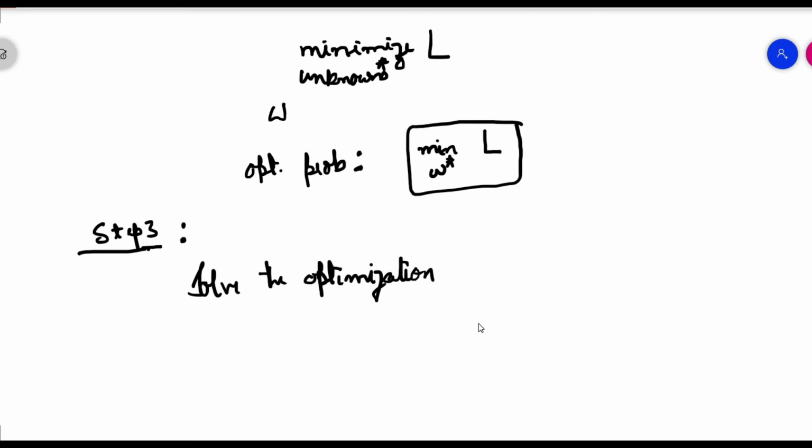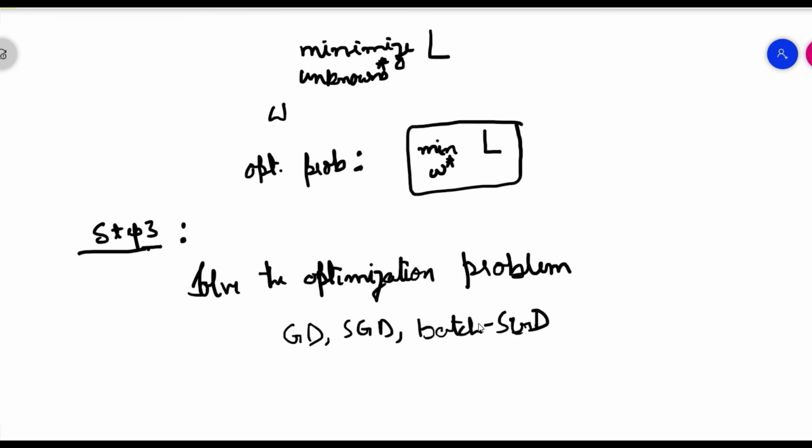And how do you solve the optimization problem? If you have a good grasp of machine learning, you will know that for solving the optimization problem, we use either gradient descent, or stochastic gradient descent, or batch stochastic gradient descent. All the gradient descent techniques again have 3 major steps that you need to understand and remember. What is the first step? Let's say you're going to use stochastic gradient descent. So, the stochastic gradient descent steps, let's change the color for now.